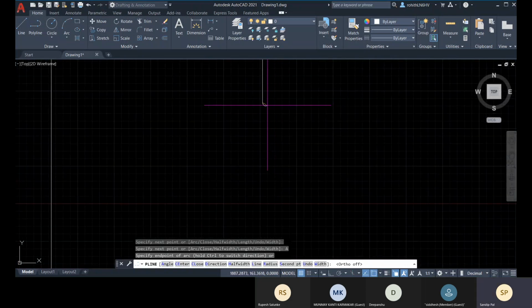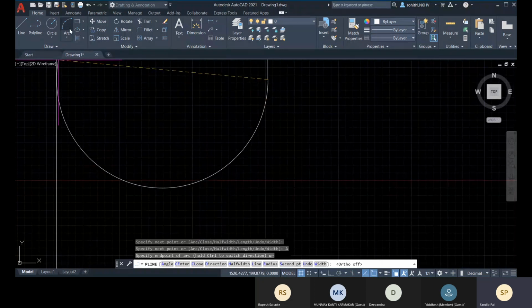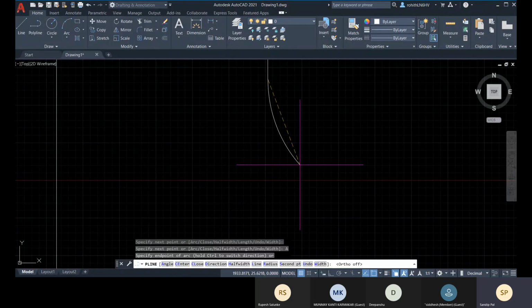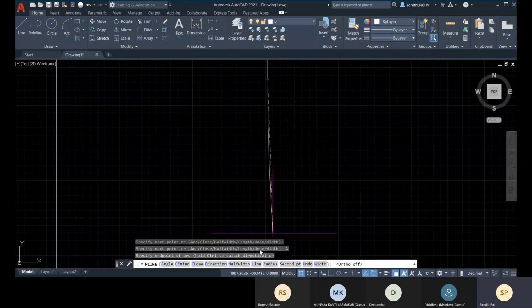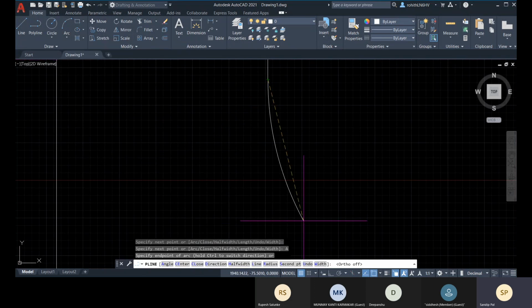And you can provide the next point as per this angle, center, close, direction, and all of these options. When I describe arc, you will understand all these options.